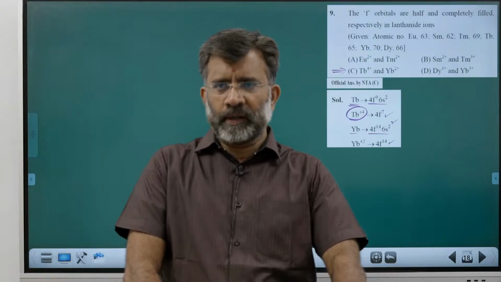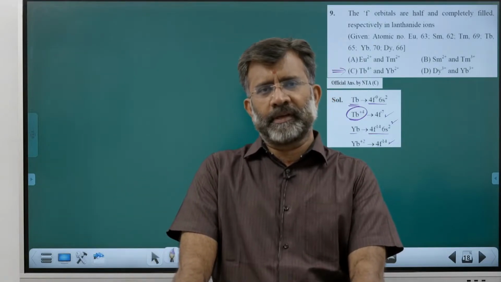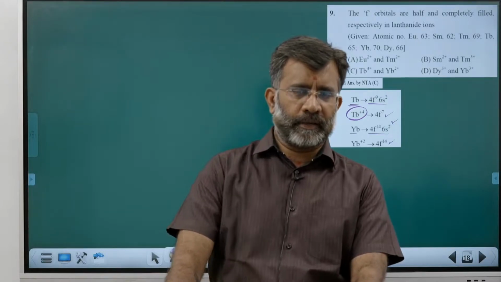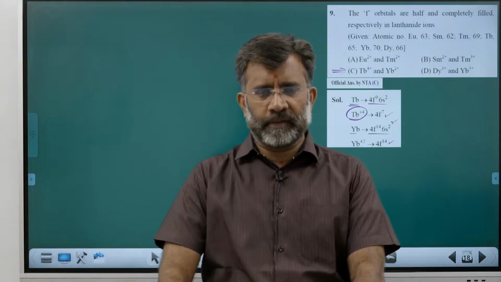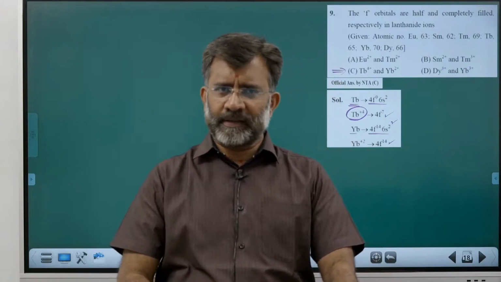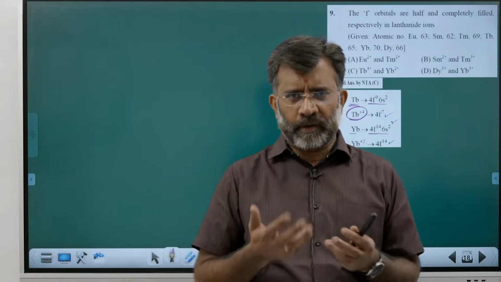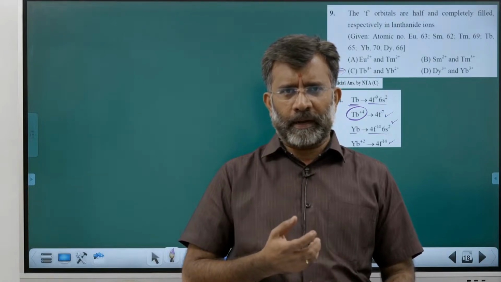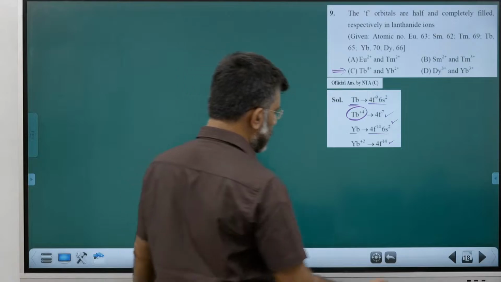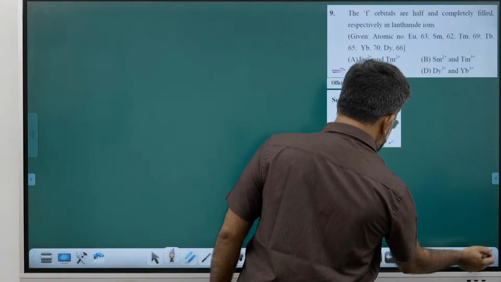Quite frequently, we find electronic configuration based questions from lanthanoids and actinoids, and this is yet another example. Gadolinium, the electronic configuration of Gd, has been asked many times. So electronic configuration of neutral atoms and ions comes quite frequently. This is yet another illustration in this examination. Next,